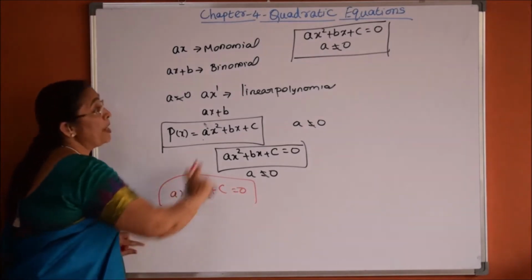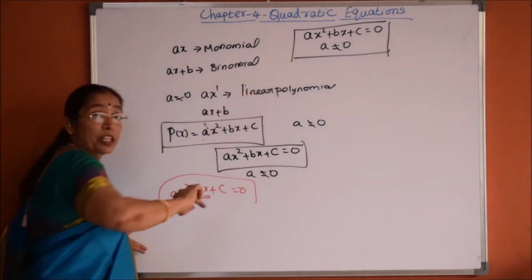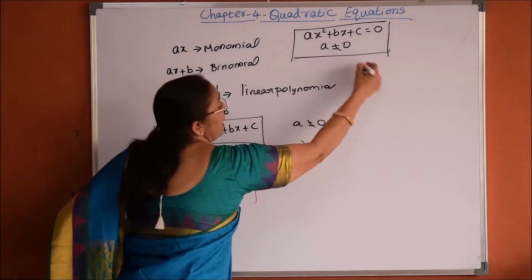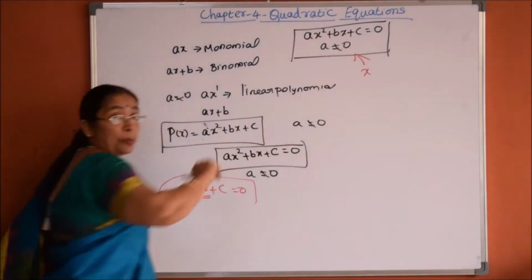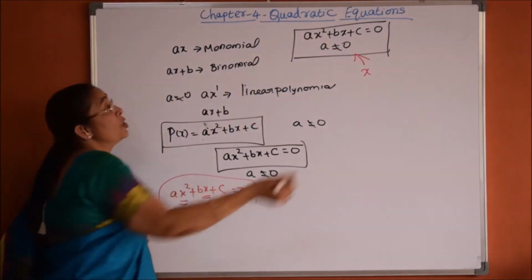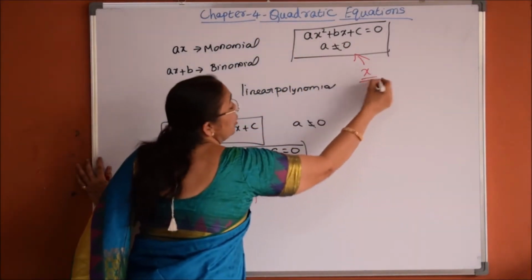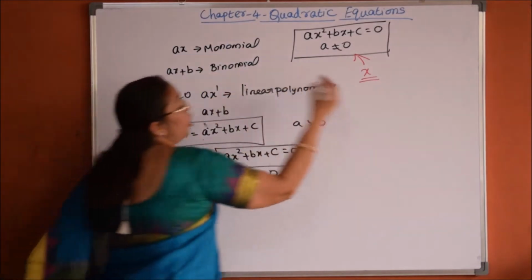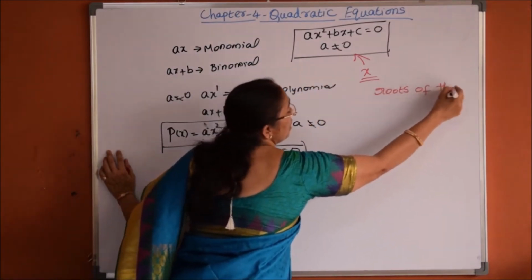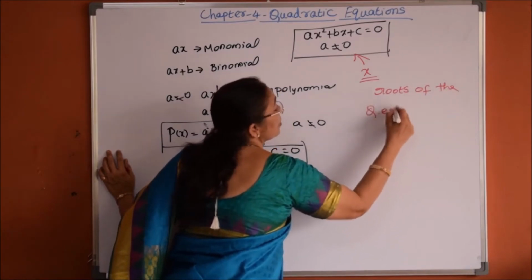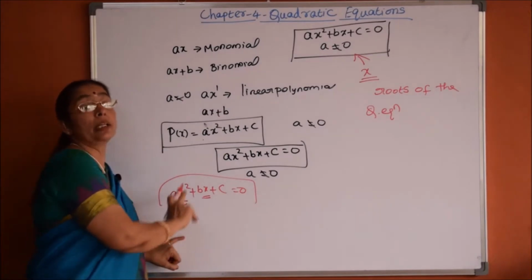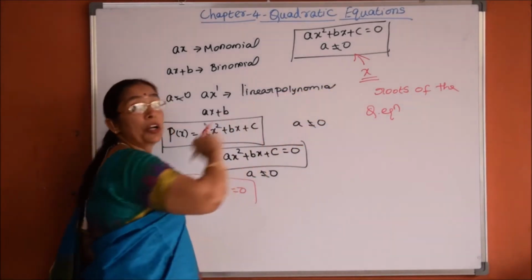The same thing only, this is now a quadratic equation. We can find the x values even here. That x value will satisfy this equation, and here we will have a maximum of 2 x values. So, in a quadratic equation, the solutions we get, the x values, are called roots of the quadratic equation. Basically, the zeros of the quadratic polynomial are the same as the roots of the quadratic equation.